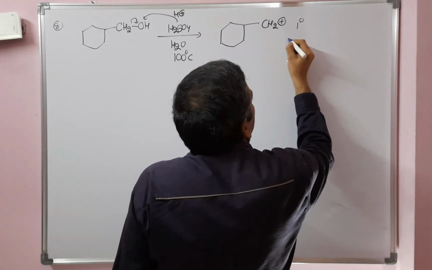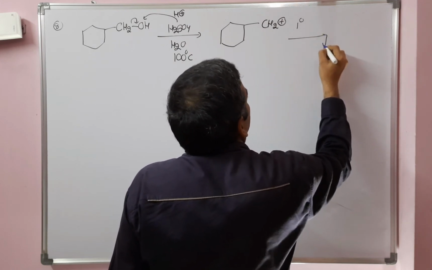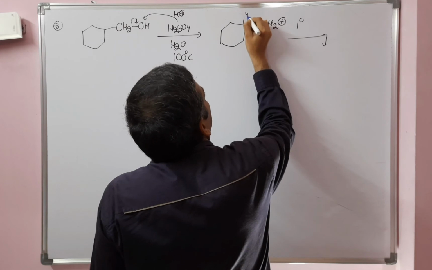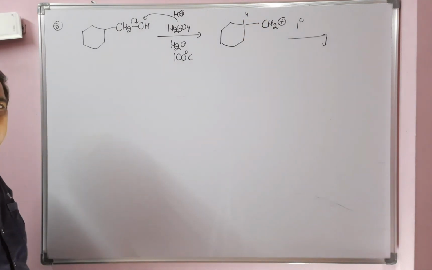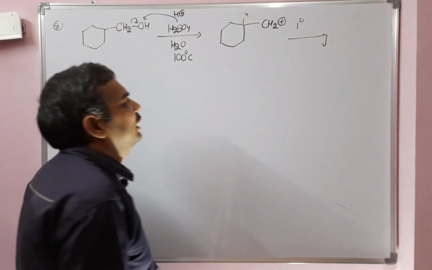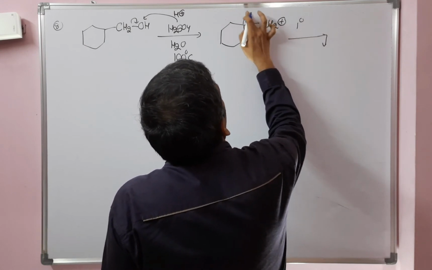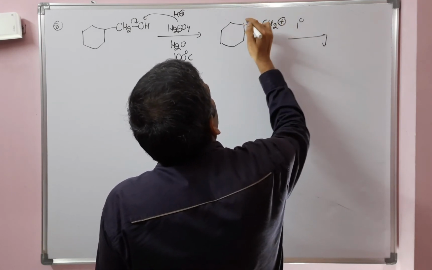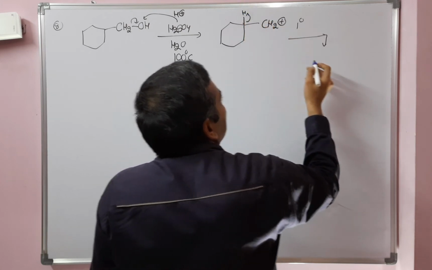Whenever there is a possibility of rearrangement, it undergoes rearrangement. So here it is hydrogen, and two possibilities are hydride shift and CH2 shift, but in a cyclic system, rearrangement always takes place in such a way that you get the more stable ring. So the stable ring is cyclohexyl. So definitely the hydride shift takes place, and this CH2 shift will not take place.